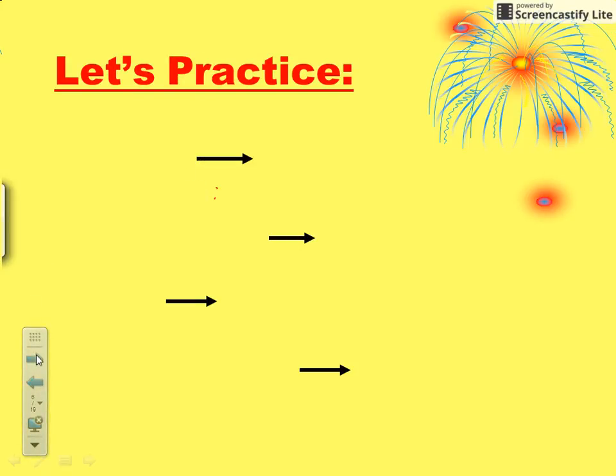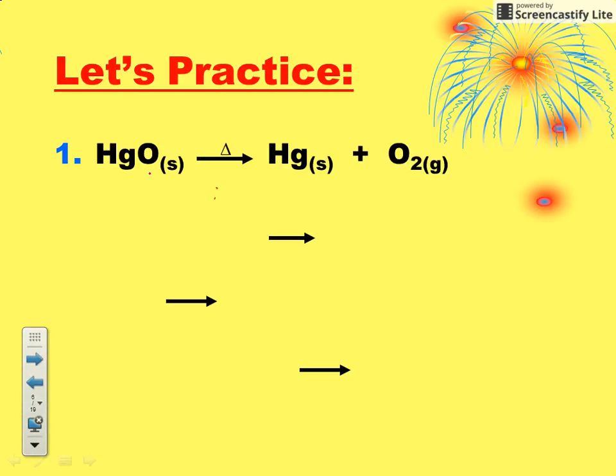All right, so let's look at the first one here. Here we see mercury 2 oxide being heated and decomposing into mercury and oxygen. So there are 3 places you can put a coefficient. I'm just going to underline the 3 places you can put a coefficient. Coefficients do have to be in their lowest whole number ratios, and whenever you're finished, I typically ask my students to write your final answer out to the side,